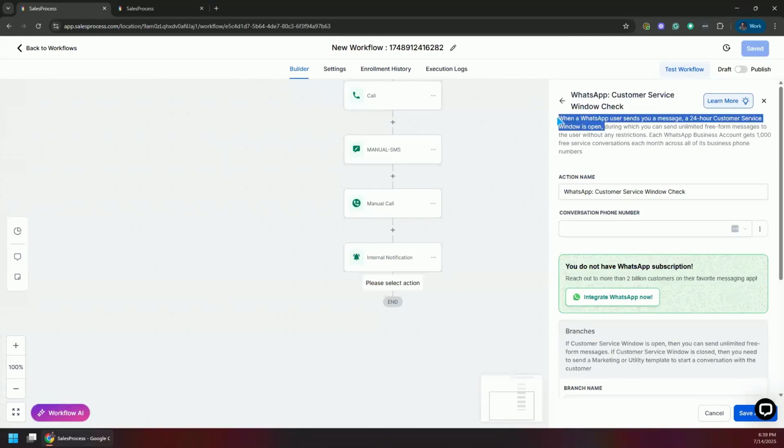Again, this one also needs to have, within the last 24 hours, the customer send you the message over the WhatsApp, and during which you can send them unlimited free form messages without any restriction. Each WhatsApp business account gets 1,000 free service conversations each month. That means you are paying the monthly charges of that $29.9, and you get 1,000 messages that you can send using this particular action. After that, it charges you additional, but assuming that we are using the free ones, for example,